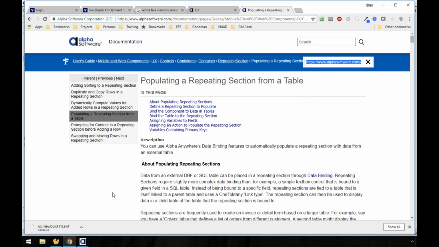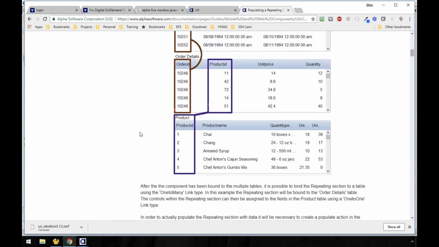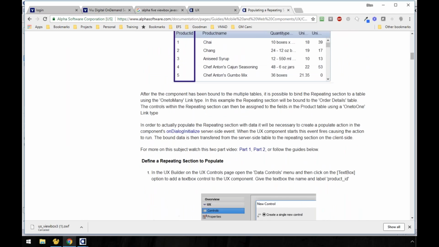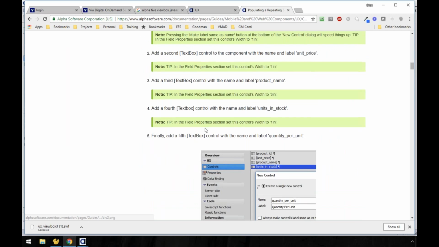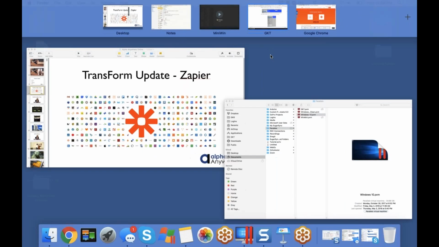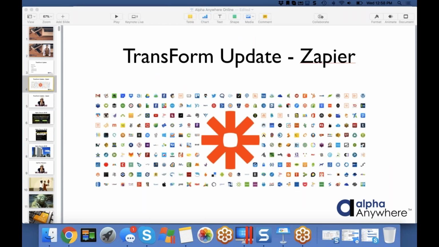So I guess I should have just sent this out right after they asked the question. What's really good is that the documentation is very clear, talking about the concepts, what the controls are, how to set them up, everything. So check that out. I'll go back in here and put it into the chat window. Did I click the right thing? I think I did. Good. So that's how you do it.